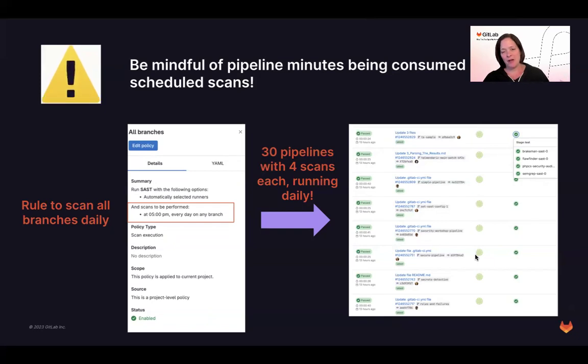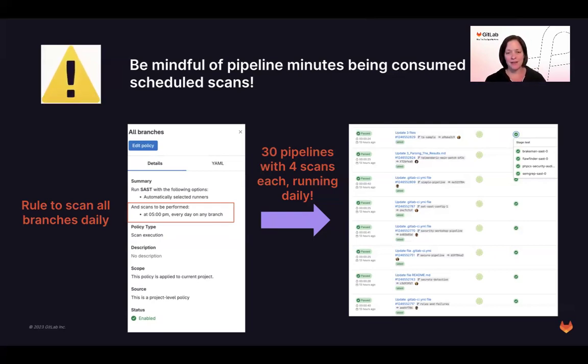So if we have all of these branches, but we don't have merge requests associated to them, we're going to have to go and look at each branch, like I talked about with the DAST scan. Look at each branch, look at the most recent pipeline marked as latest that ran for each of those branches, and then look at the security tab to see the vulnerabilities found, right? So bring it all together, as I mentioned before, the vulnerability report is only showing the default branch.